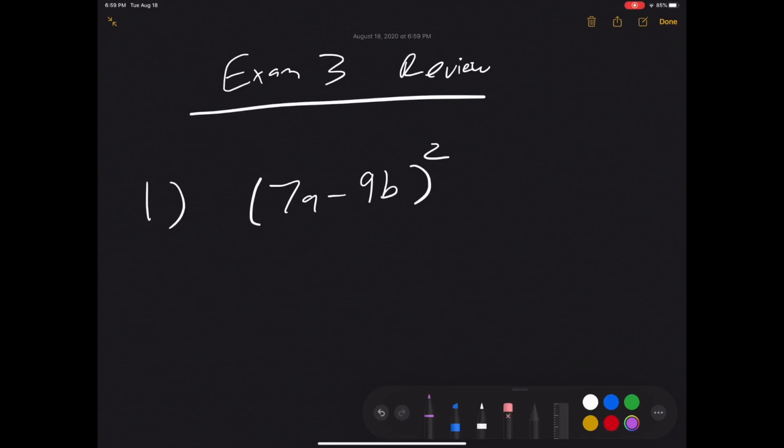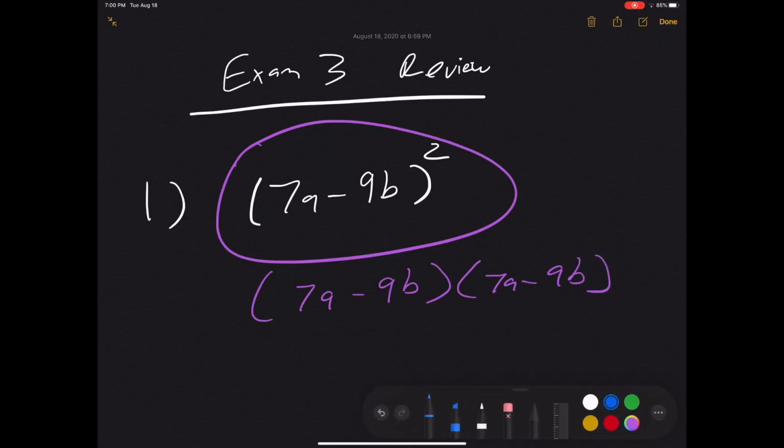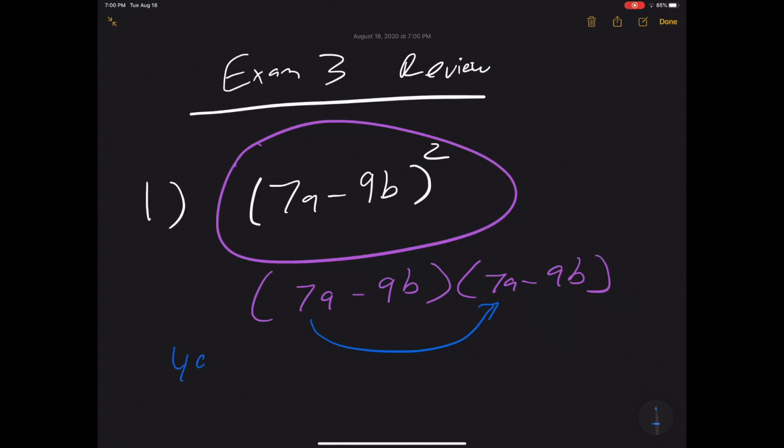In this video, we're just going to run through the solutions of the Exam 3 review sheet. Our first problem simply says to square this. We know squaring something is multiplying it by itself, so we have 7a minus 9b times 7a minus 9b. Now we have to FOIL, so we have 7a times 7a, which is 49a squared. 7a times negative 9b, which is minus 7 times 9 is 63ab,